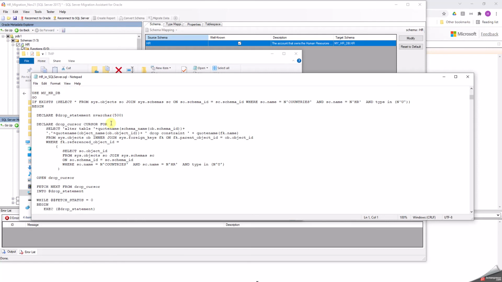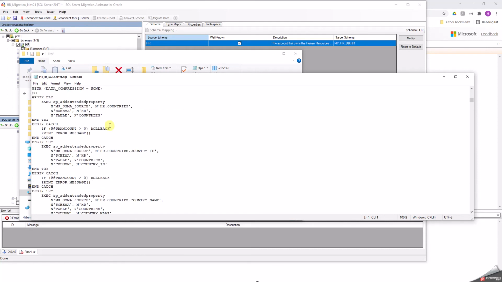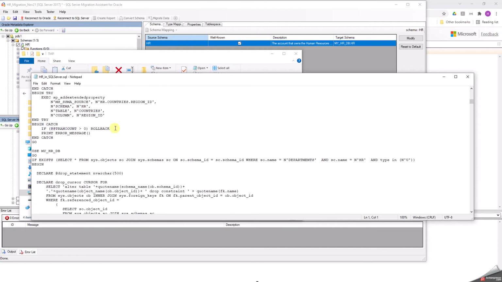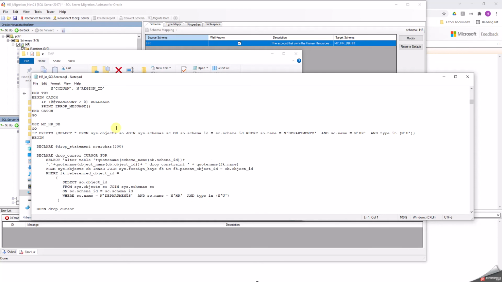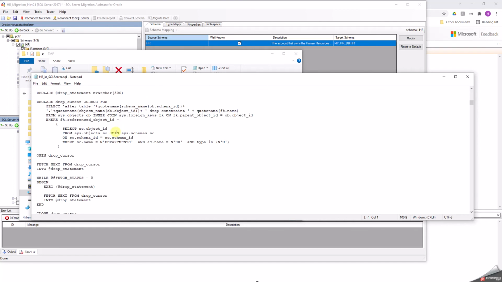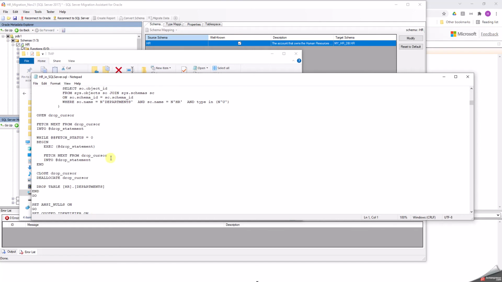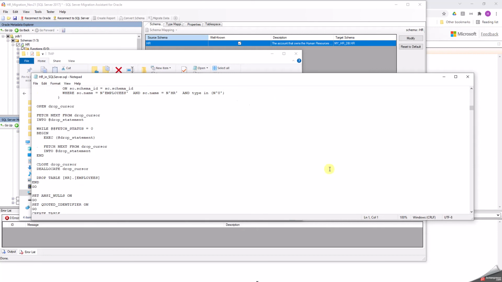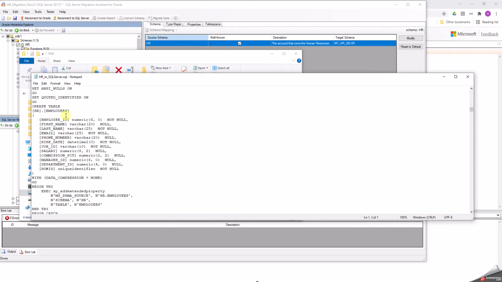It's going to create tables, procedures, everything. This is SQL Server code. This is a useful utility where you can look at the Oracle code and compare it with your SQL Server code. Maybe you want to make some changes to the code or to the data types; you can do all that. This is very long, but you can see the employees table has precision and scale for employee ID and manager ID.